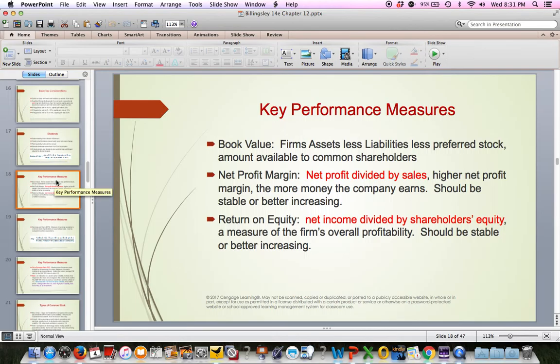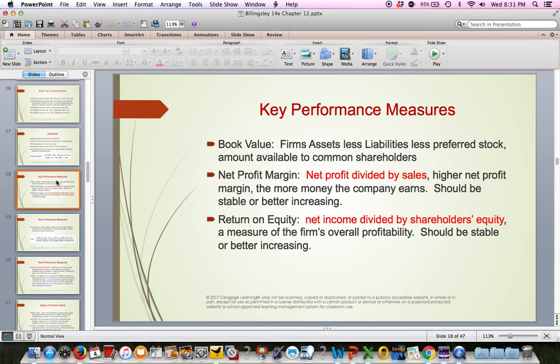Key performance measures. As you try to evaluate a stock investment, one of the questions, of course, is how do you decide what company stock to buy? That's one of the biggest questions out there. One of these is the book value of a stock of a company, which is literally its assets minus its liabilities, and that's what they call the book value. You find that number from looking at the financial statements of the company, how much assets are there, how many liabilities are there, and the difference is book value.